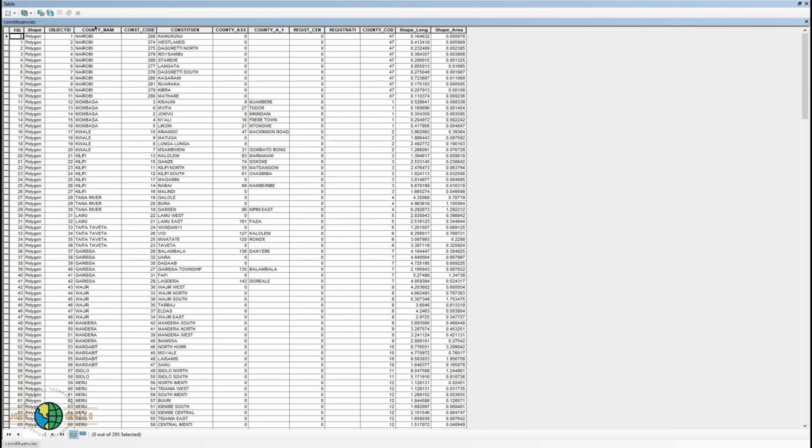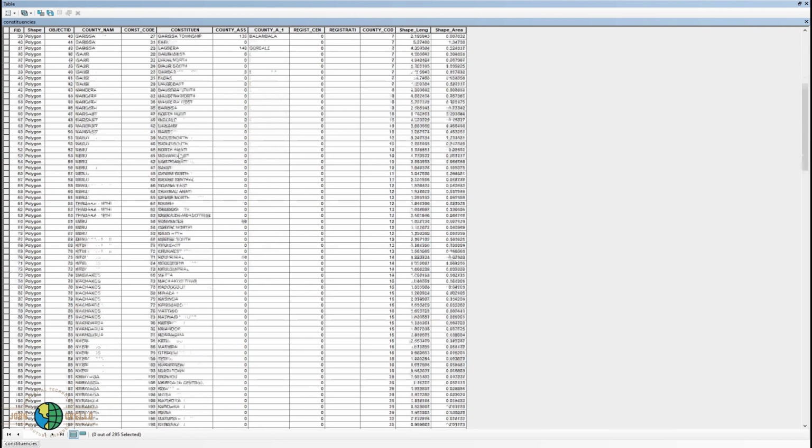We have the county and we have the constituency. So from the country we go to county, then constituency. So I'm really interested in the county and constituency, and the county that I'm interested in